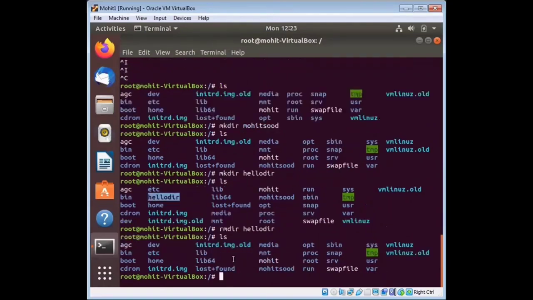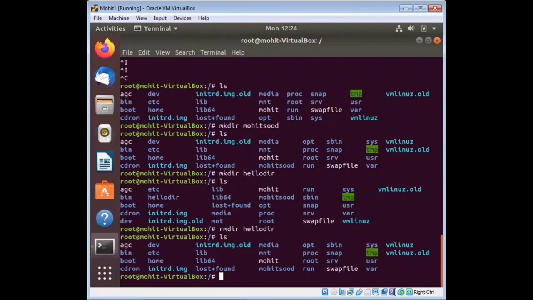Type ls, you see there is no such directory as hello dir, so it is deleted through rmdir. This is a very important and very crucial command. Sometimes by mistake, if you delete a personal directory, it will be wrong for you.